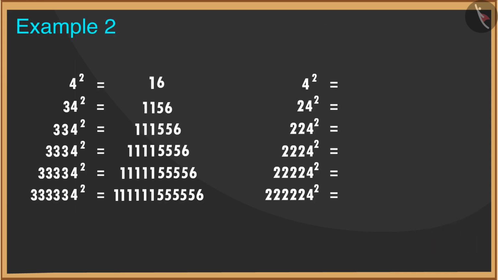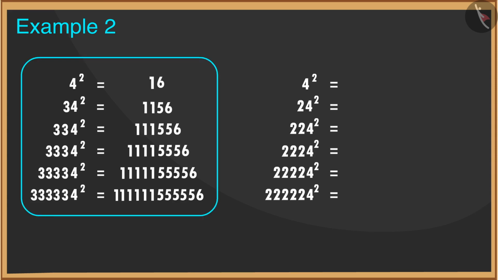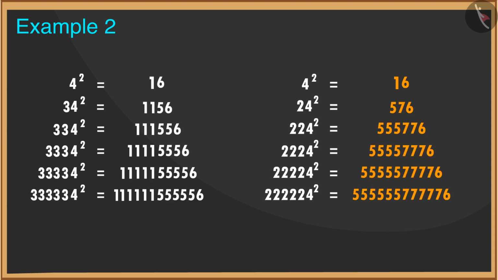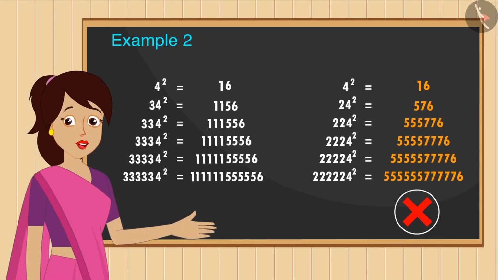Sometimes, while estimating the squares of many numbers according to the pattern, students believe that it will be similar to the pattern of squares of other numbers. For example, look at the pattern of squares of numbers in this sequence. Students write the square of numbers of a different sequence according to this sequence. This is wrong, because the squares of all numbers do not form the same pattern. Please keep this in mind.